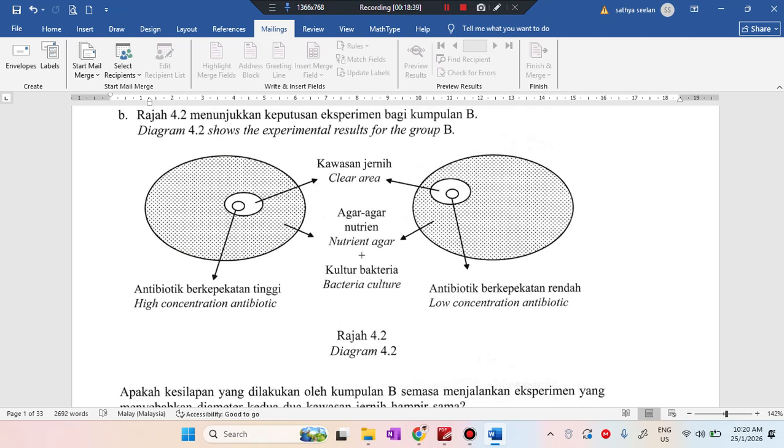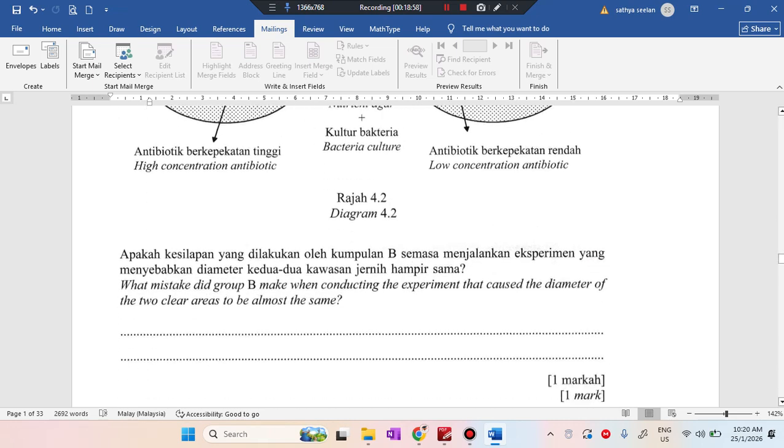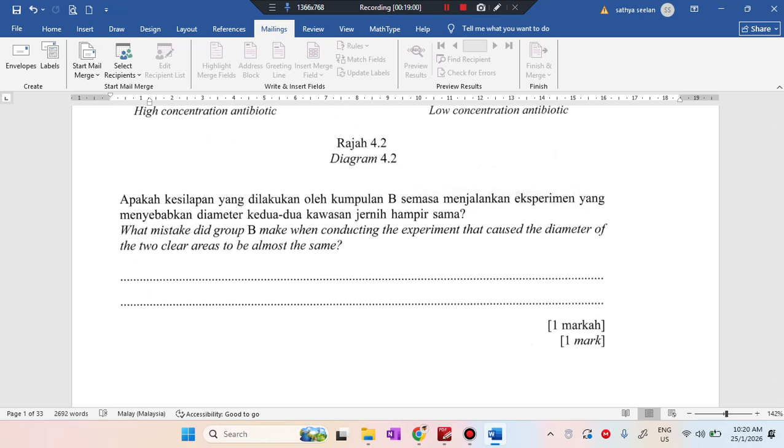But they label the high concentration antibiotic. Maybe the antibiotic is already expired, right? Or you can tell maybe not the same bacteria culture is introduced. You can tell like that. Alright. So number one, maybe you can tell the high concentration